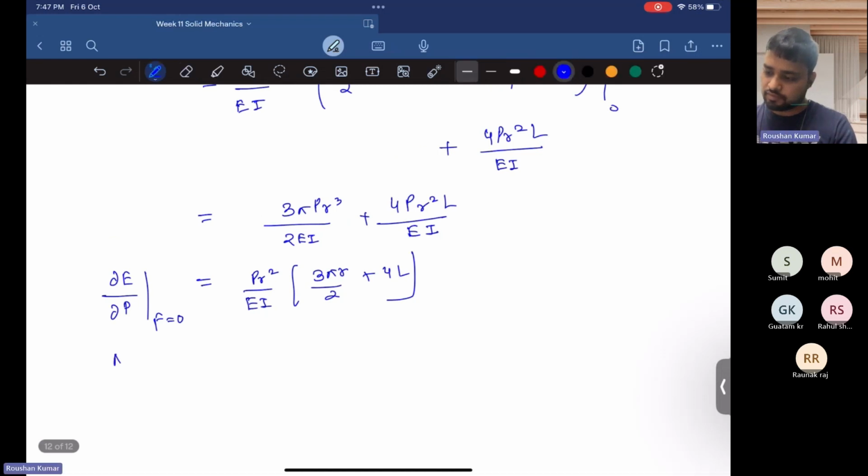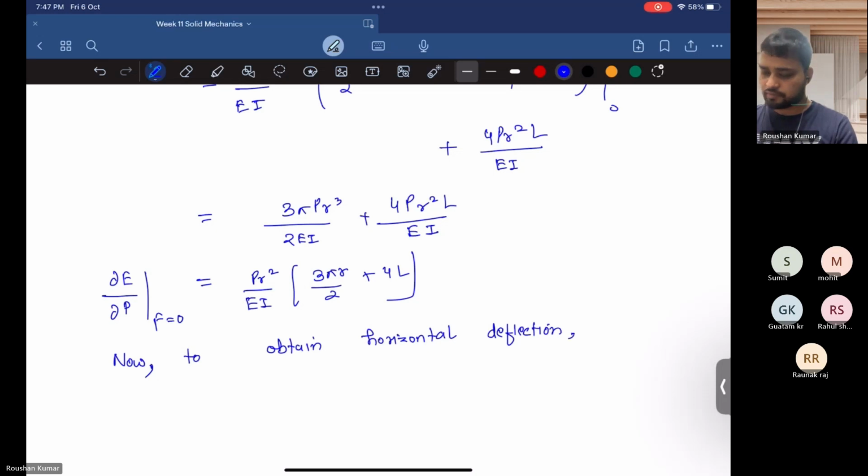So now, to obtain the horizontal deflection, that is delta H, we have to take the derivative of total energy with respect to the horizontal force, which we forcefully assume at point B, because we have to find the horizontal deflection also, and for that we have applied a dummy force, that is F. So we have to take the derivative of total energy with respect to F, and after taking the derivative we will put the value of F to be 0. So it is given by